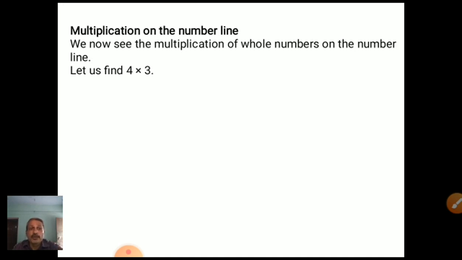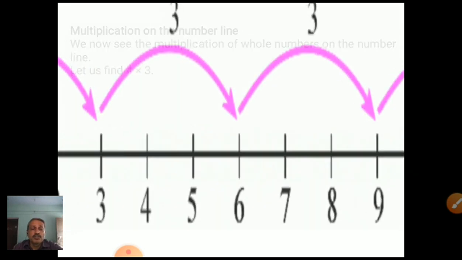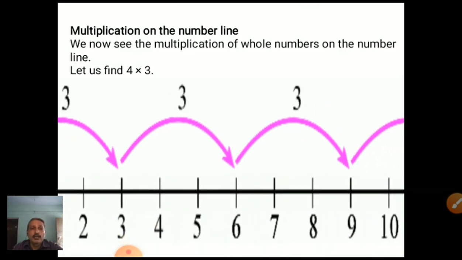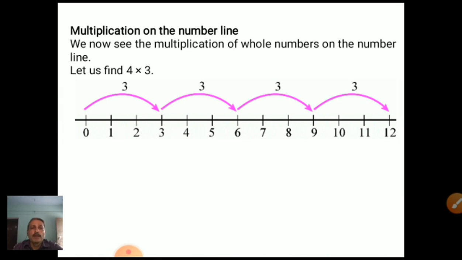Let's check. 4 into 3. Here is a picture of a number line showing 4 multiplied by 3. 4 3s are 12. We know the table, but how to represent it on the number line, students? Very easy. We can start from 0 and jump 3. 3 number jumps, how many times do we have to jump? 4 times. Or you can say vice versa, 4 number 3 times. So how to reach it here? It's a very simple way.